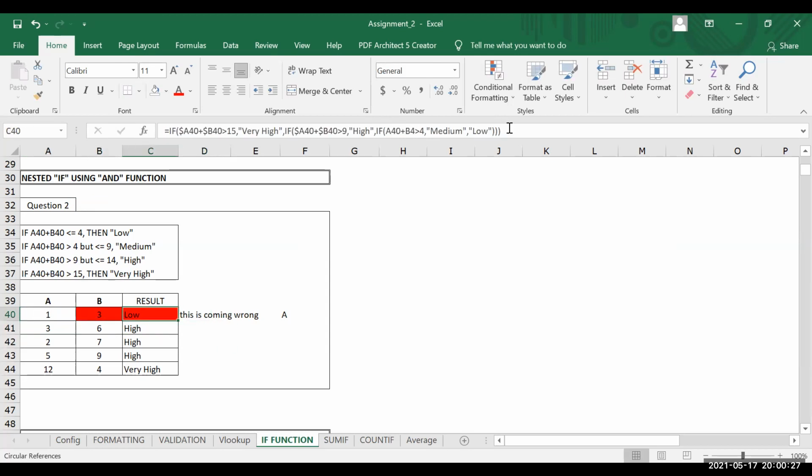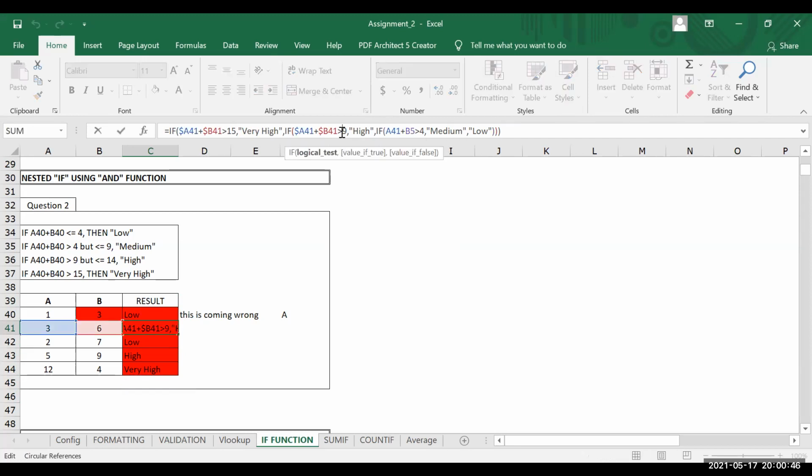So the conditions were not in the right direction. It should always be in order. If it's very high, the next should be high, consequently. And there is still some problem with less than or equal to 9. If the number is greater than high, then only it should be high, greater than 9 but less than or equal to 14.